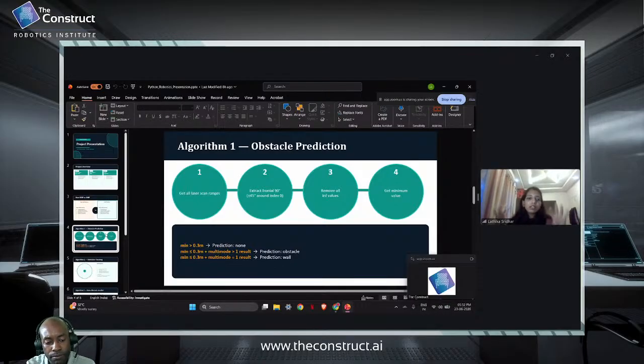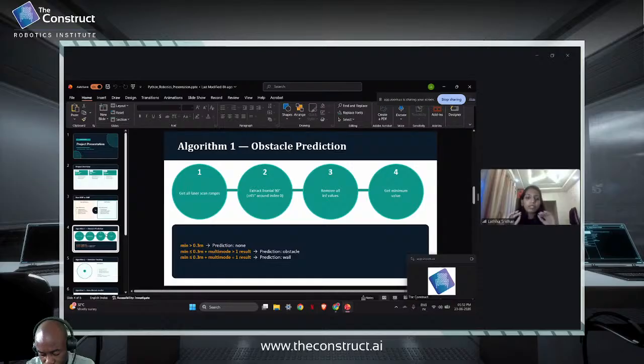Firstly, all the infinite values are removed because they indicate no detected object within the sensor's range. And then the minimum distance is calculated. If the minimum distance is greater than 0.5 meters, the robot predicts that there is no nearby obstacle. If the distance is